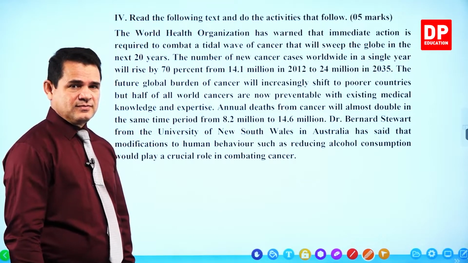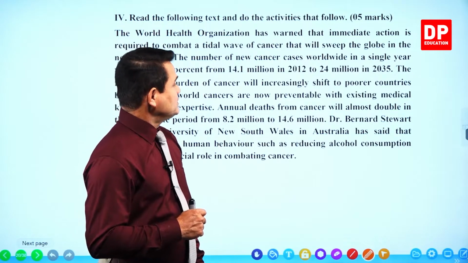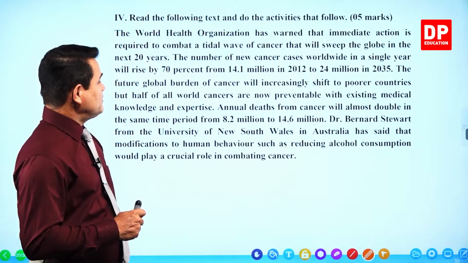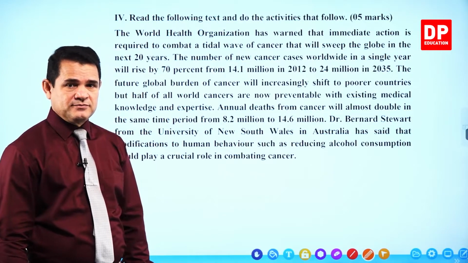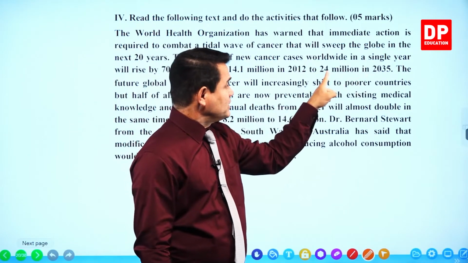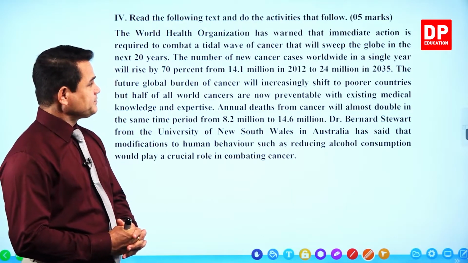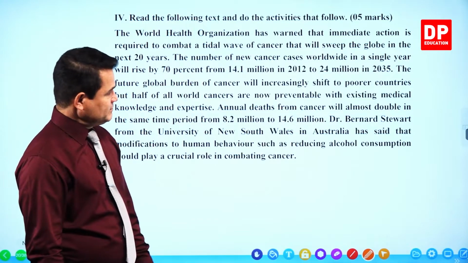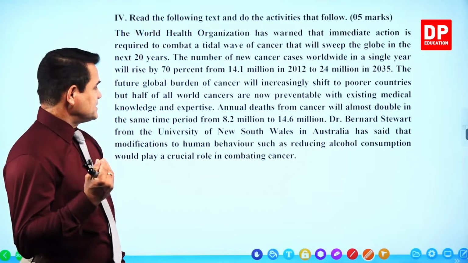To sweep it off. The number of new cancer cases worldwide in a single year will rise by 70% from 14.1 million in 2012 to 24 million in 2035. So from this year to this year, cancer cases could reach 24 million, increasing by 70%. The future global burden of cancer